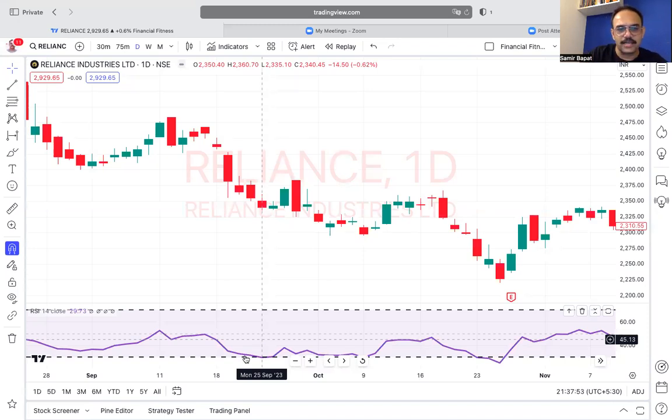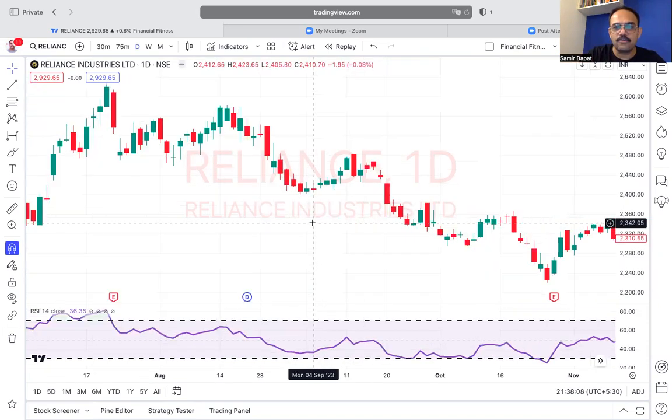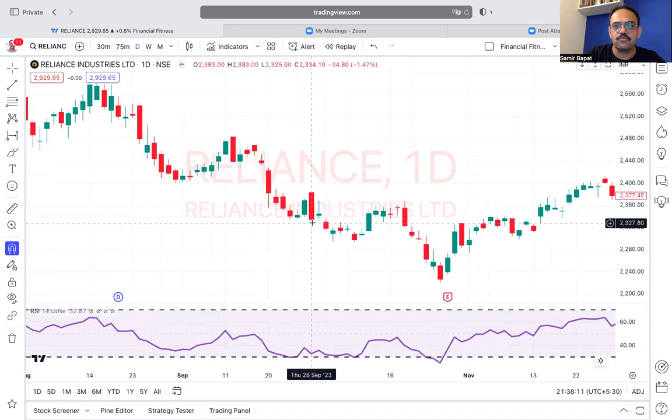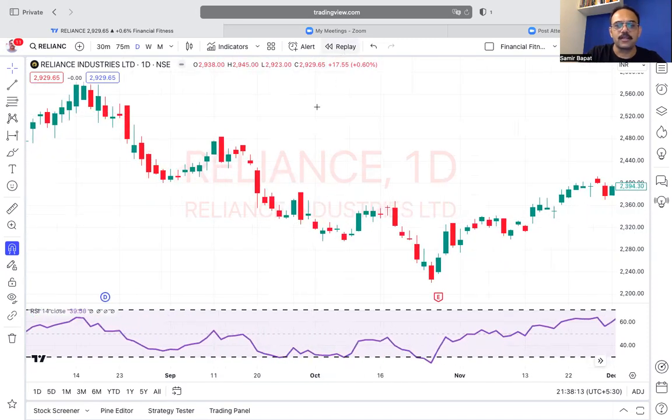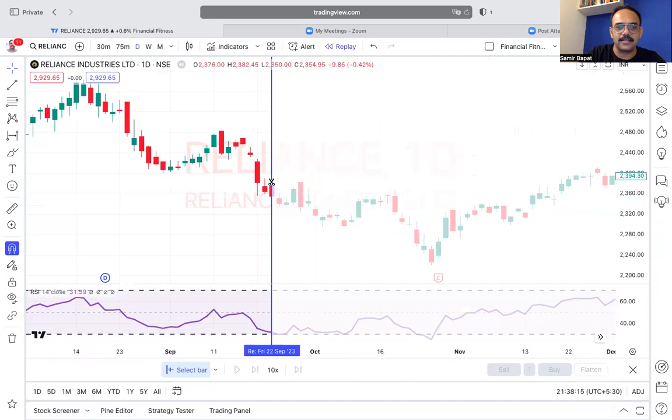So as soon as it has gone below 30, we should take it as an oversold situation. ठीक है, अगर oversold है, then we should plan to buy the stock. How do we plan to buy the stock? So let me give you one demonstration. So here, if I cut this chart where it went down,